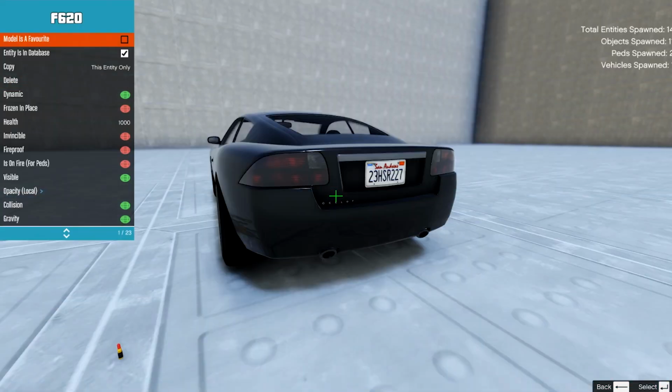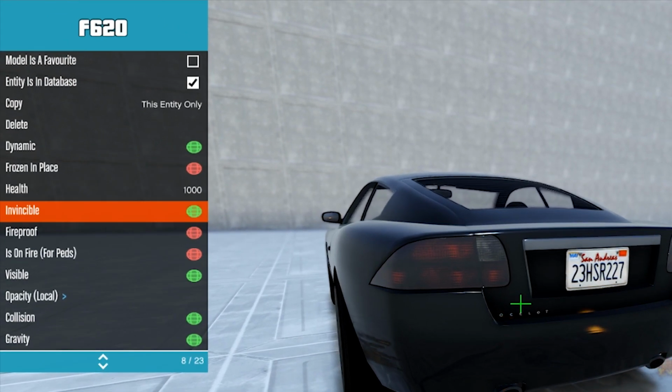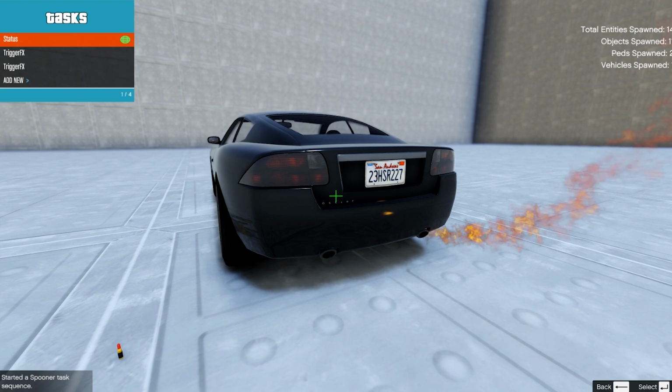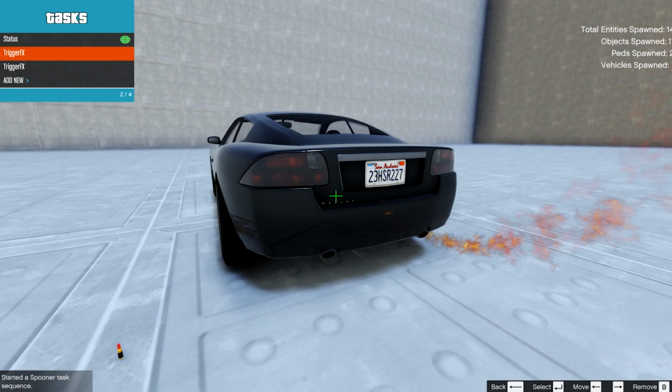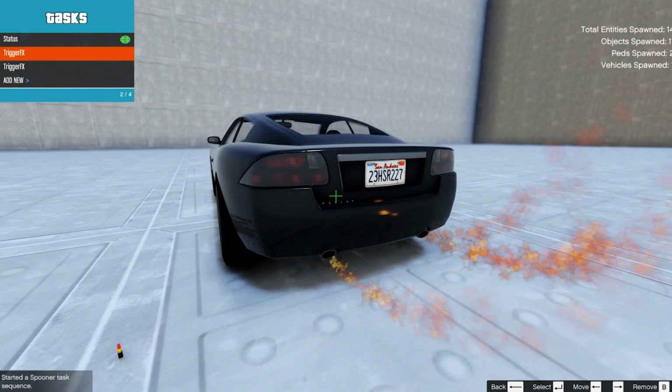If you want multiple effects on the same object to start at the same time, it is best to create multiple invisible objects for that. This is especially handy with larger objects like a car shooting a big flame out of both exhaust pipes. By the way, when you work with fire effects, you should make the vehicle invincible or it will be damaged and explode eventually. As you can see in the task sequence, the first flame needs to burn for like 3.5 seconds before the next starts.